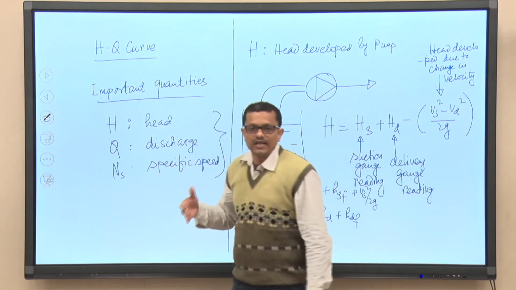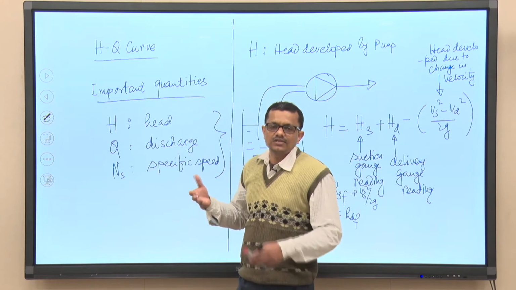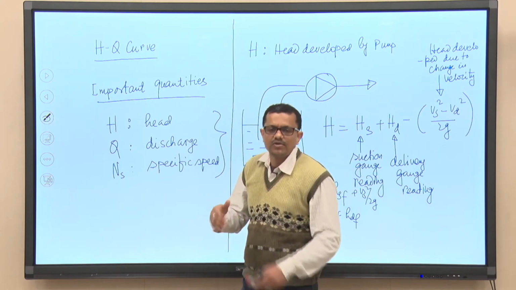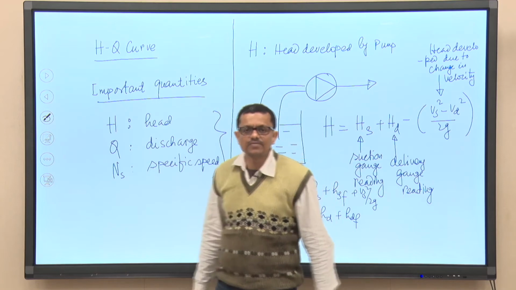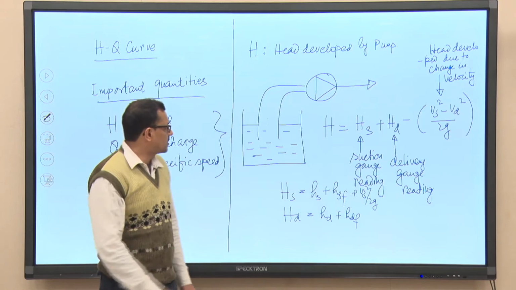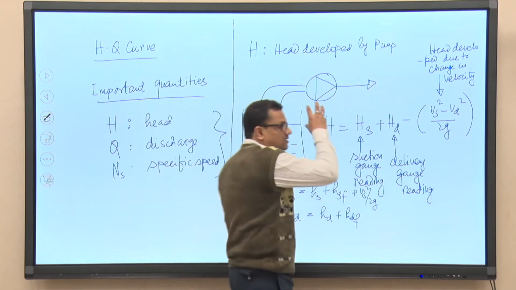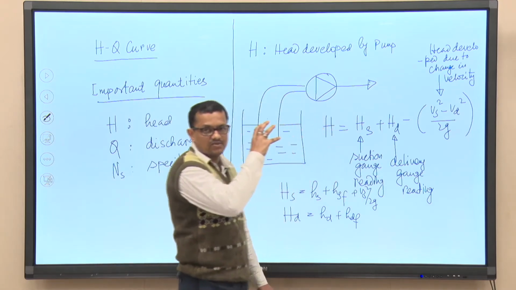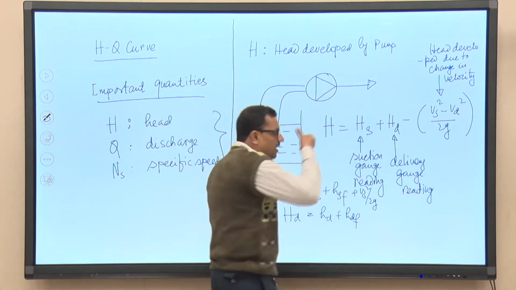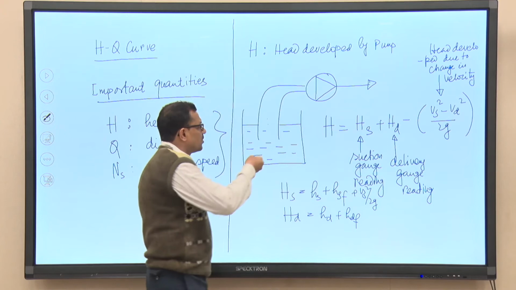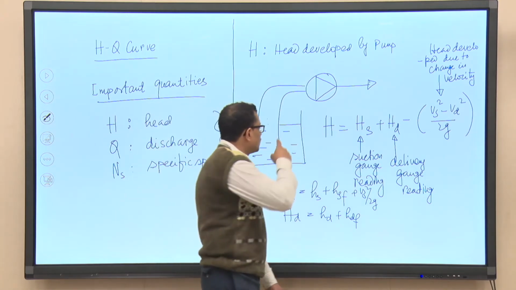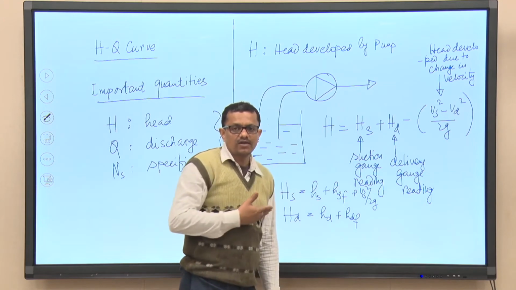System resistance we will again try to understand, that is the system characteristic. That can be tuned by altering the piping configuration and also the pipe geometry. But the pump's individual characteristics, that is the H-Q characteristics, that is what we should discuss today. How do we get it? Basically, to obtain the H-Q characteristics of a pump, we need to do experiments, otherwise we cannot get it.